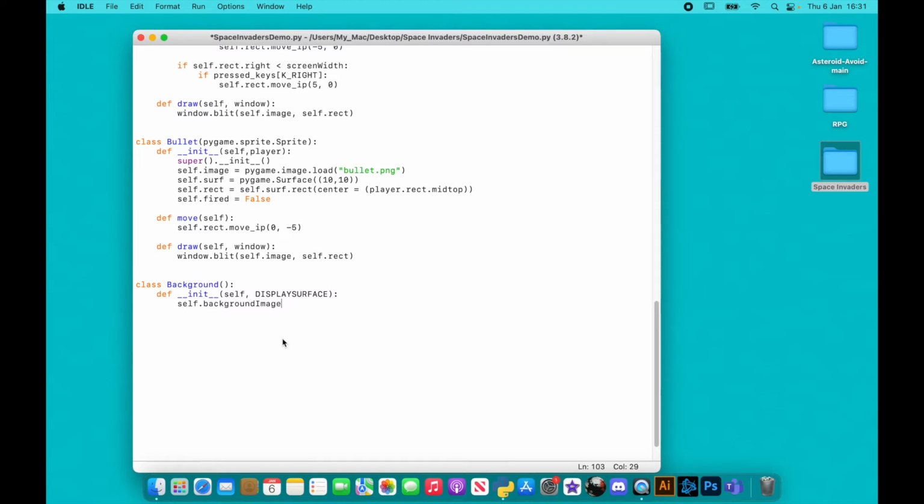And we're going to load that. So we're going to do pygame.image.load, and the one I've got in the folder is called clouds.png. And then we're going to make a rectangle of that image, so a rectangle with that shape. So we're going to do self.rectbgImage equals self.backgroundImage.get_rect. So that creates a rectangle of the size of this clouds.png,